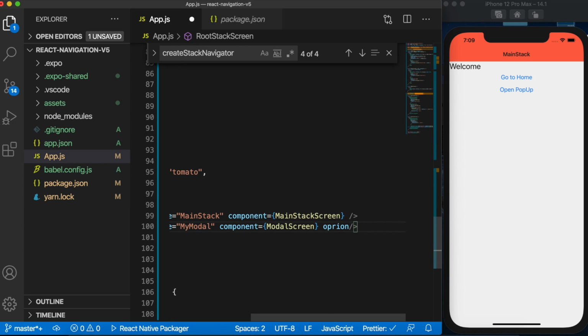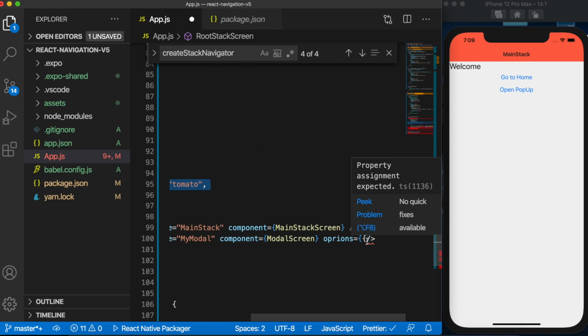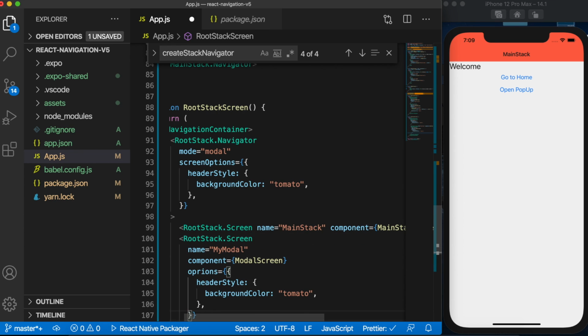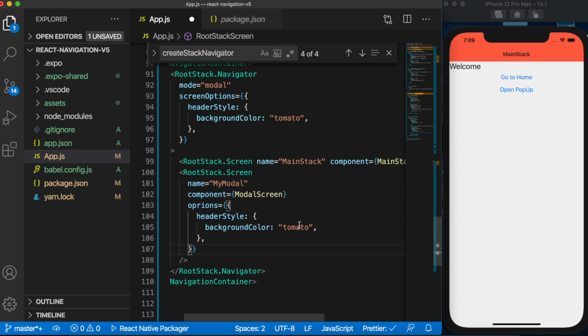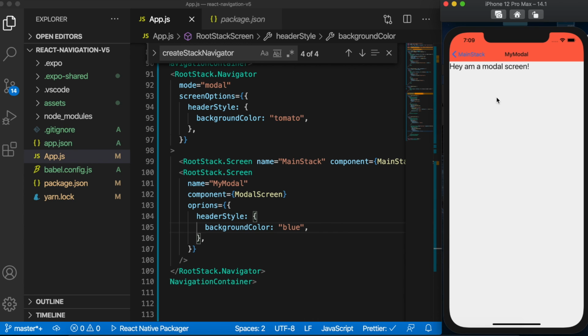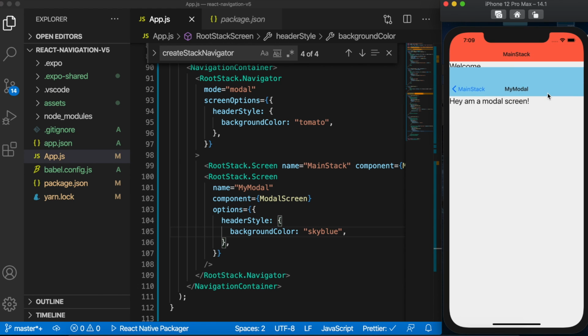So we'll say options, whatever the screen options with the header style, we will copy and change the color of tomato to sky blue or blue. Okay, so options, sky blue is there. So now you can easily differentiate a pop-up modal, and in iOS we can hold it